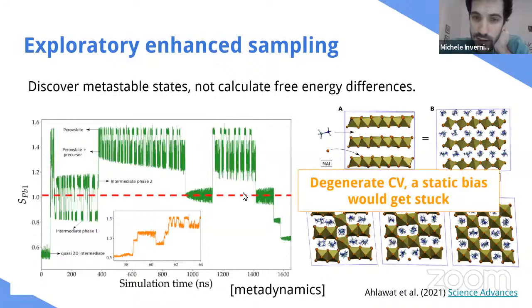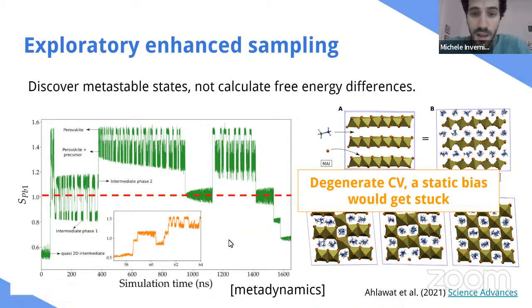The reason is that this collective variable was extremely degenerate. So if you look, for instance, at this value here, we have a transition state between these 2 intermediates. Here we have something that looks like another metastable state. And so this means that if we just use a static bias, basically we would get stuck. So we would not be able to exit these metastable states because the collective variable is not good enough at